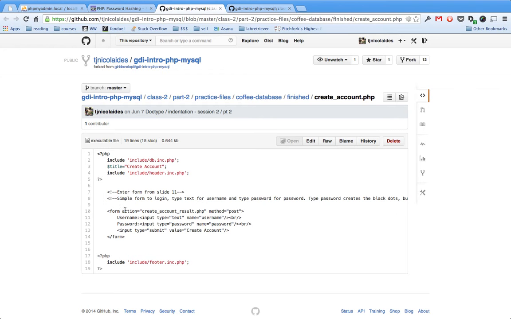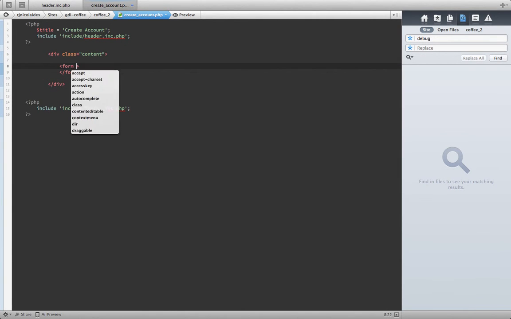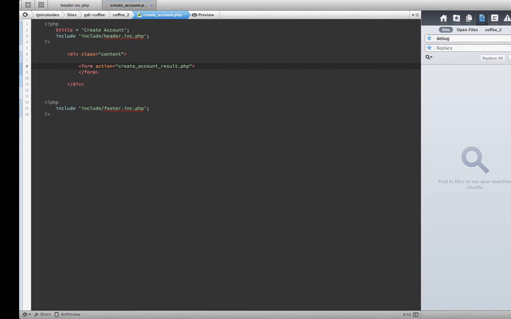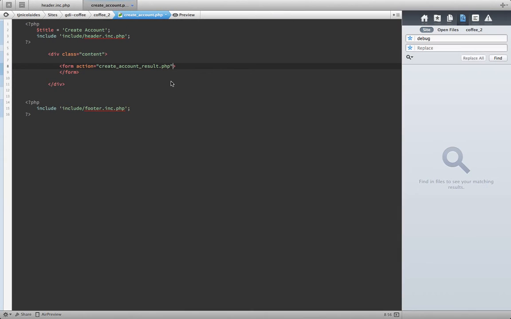We want a form that is going to link to create account result.php. So we're just going to go ahead and put that in here. First off, a form tag with an action of create account result.php. So we'll have to make that script. And then the other thing that we have is a method of post,